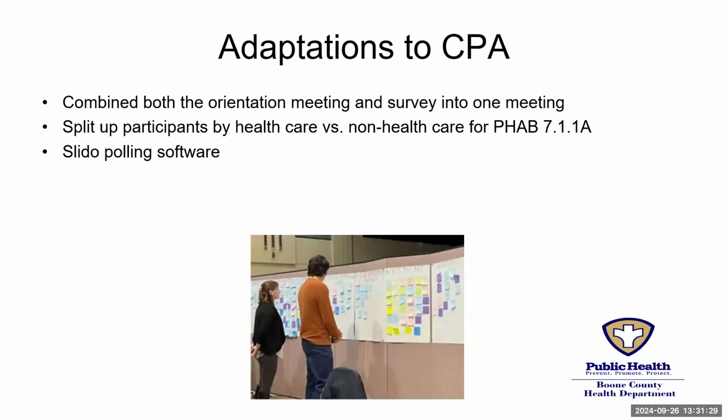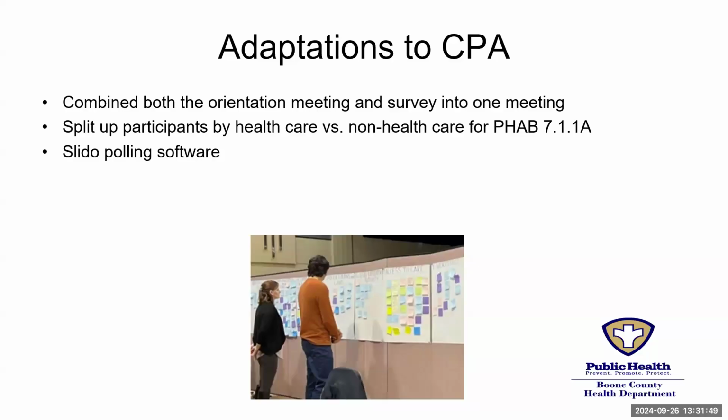So we did adapt the community partner assessment, or the CPA, to our community. The CPA guide itself lists a couple options to make it a little flexible for your health department. They give you an option to host either one meeting or two meetings. In both ways, you send the survey out to participants in an email. But what we